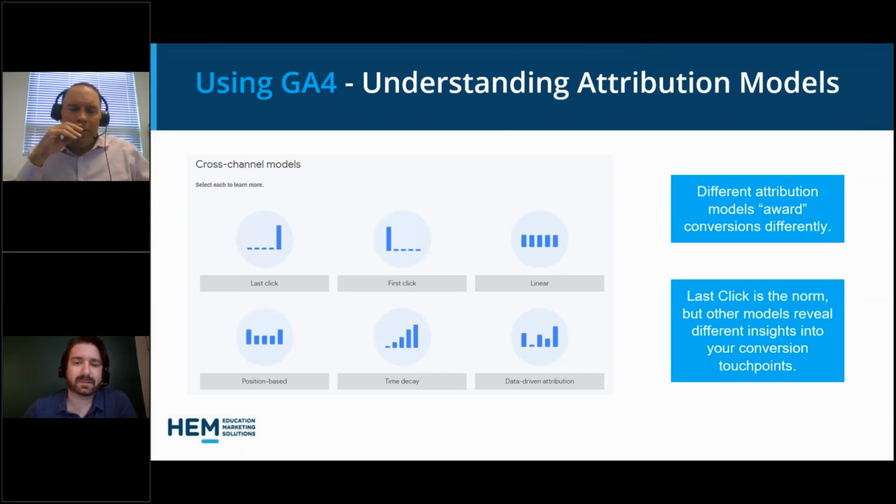These models, depending on your scale and the resources you invest in digital marketing, specifically paid advertising or organic search or email for that matter, depending on the scale, they'll become more or less important. But GA4 is really putting this in the forefront, and Alex will show some reports highlighting the nuances when you can compare models.